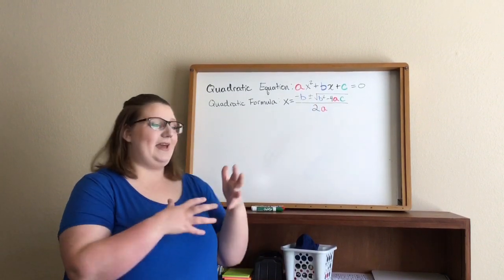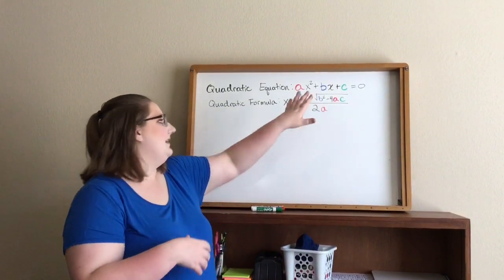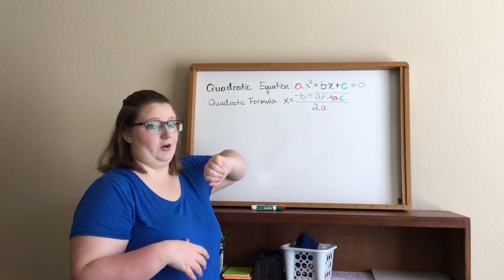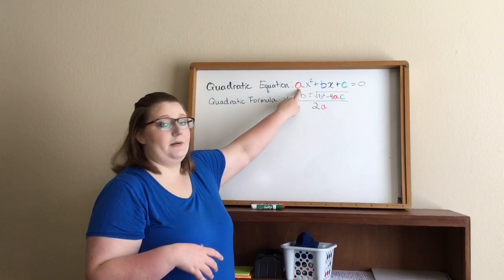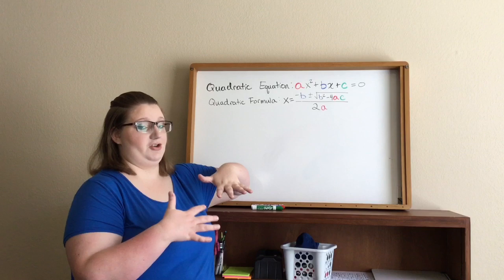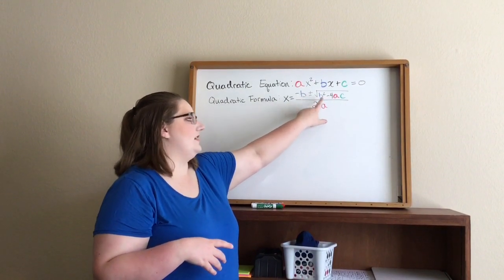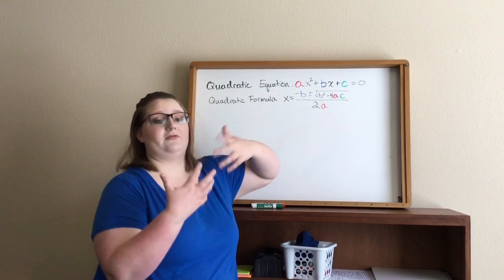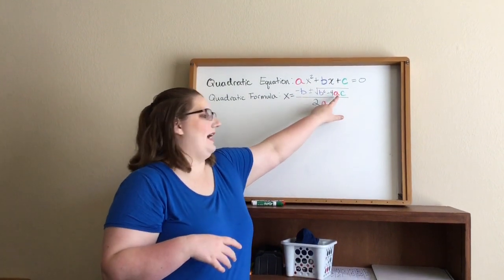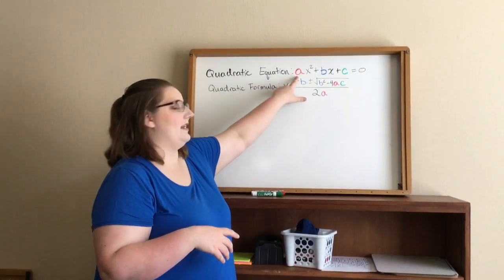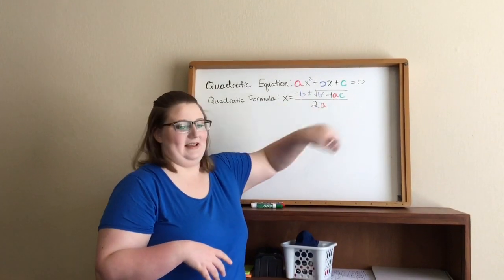2a. And when we have a, b, and c in that formula, that comes from our quadratic equation. So we're plugging in the numbers that we have in our equation that we're trying to solve into this formula. So everywhere we see b in the formula, we're picking the number that was from our equation. Everywhere we have an a in the formula, we're picking that number a from our equation, and same thing with